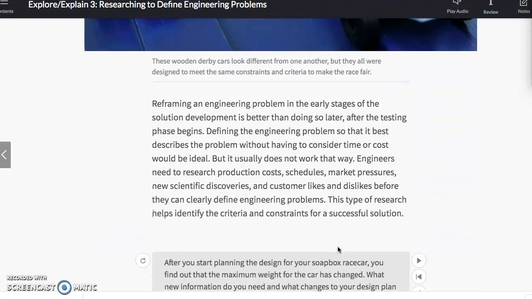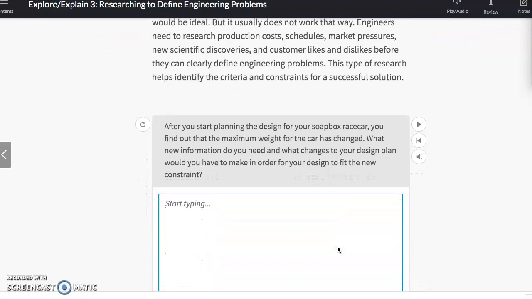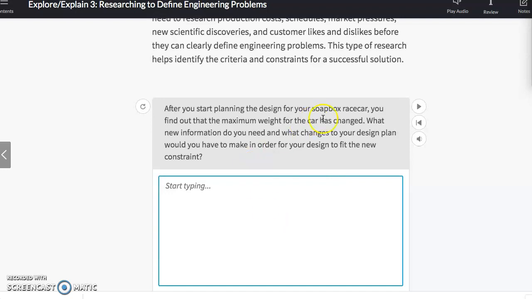Sometimes there's a last minute rule change. So how are you going to deal with a rule change? You start planning your design, and you find out that the maximum weight changed. What new information do you need? What changes do you have to make? First, I would need to know how much my car weighs. If it weighs more than the brand new maximum weight,